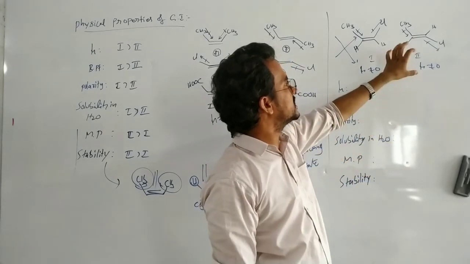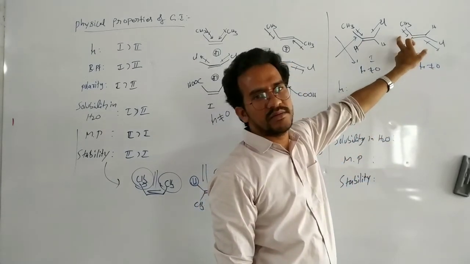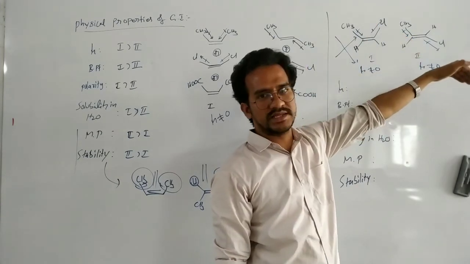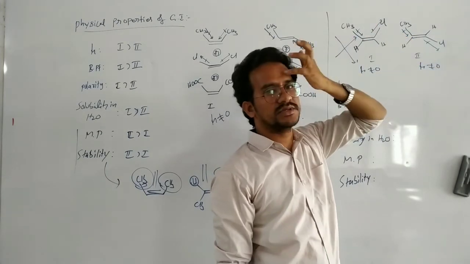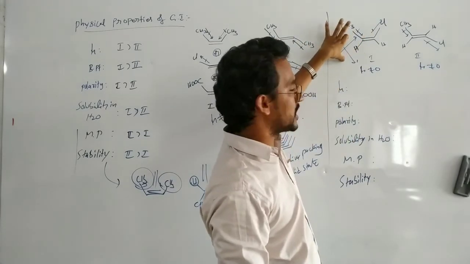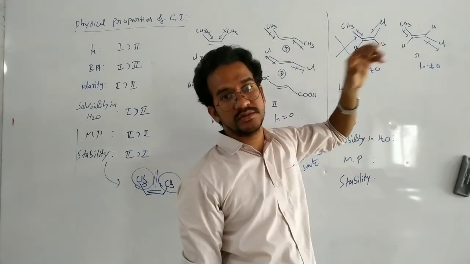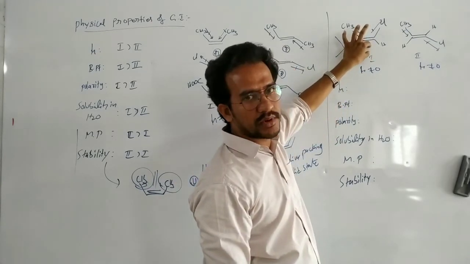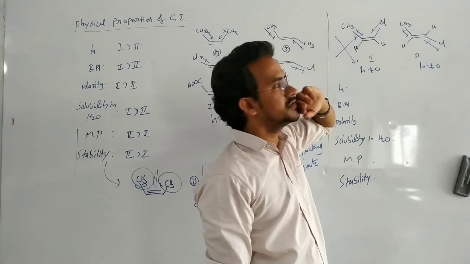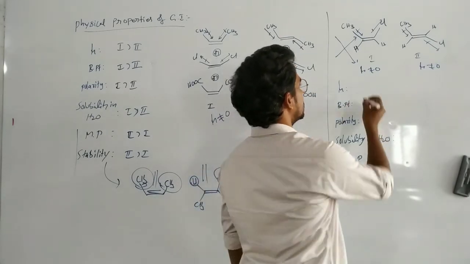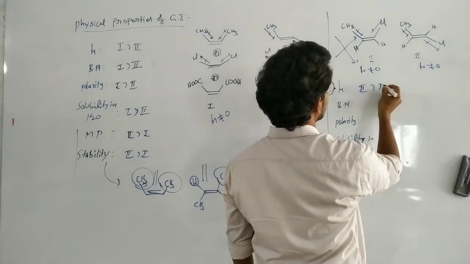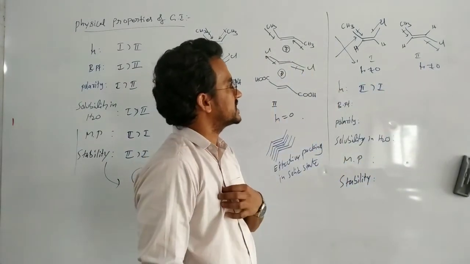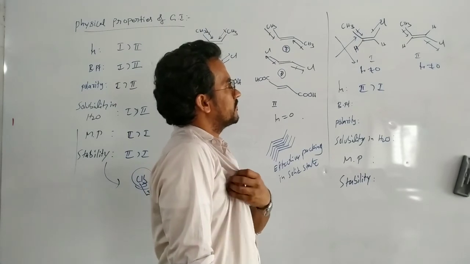But here in this case, the bond moments are exactly added because the directions of both bond moments are exactly in one direction. Here in this case, they are not exactly in the same direction and not exactly opposite. This one also has a significant dipole moment, but they do not cancel each other. So the second compound, trans, has a higher dipole moment.